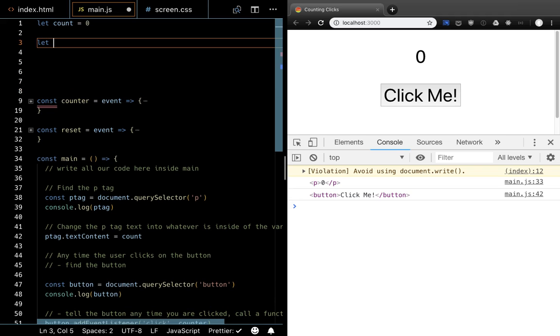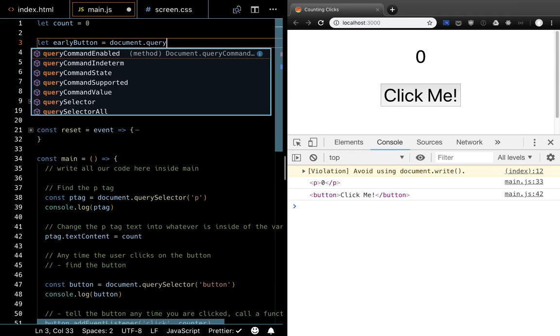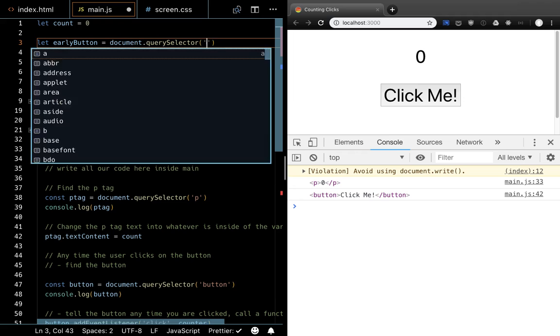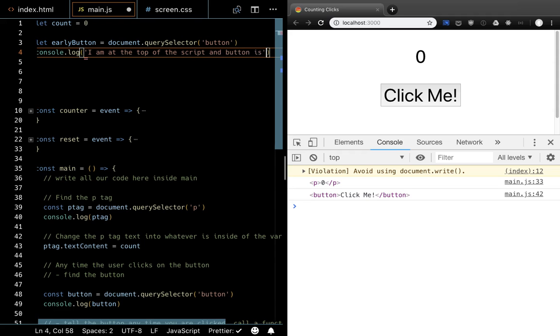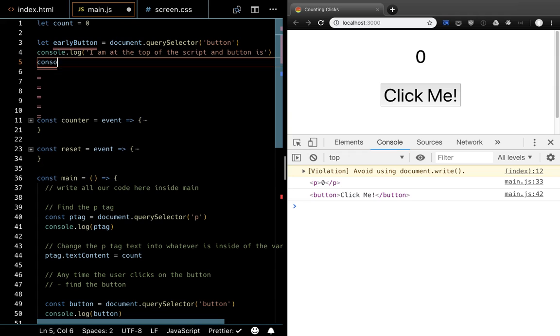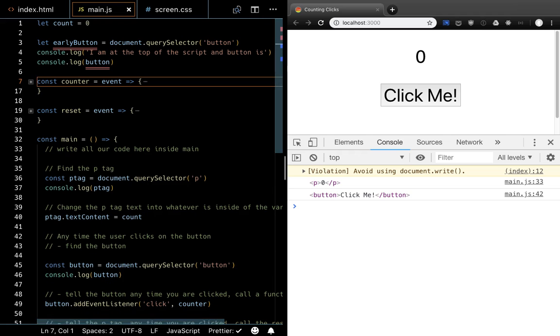Let's say let early button equal to document query selector button. Let's console.log I am at the top of the script. And button is console.log button. So what I would hope to see is